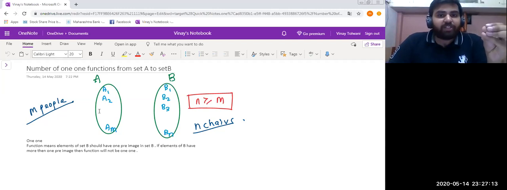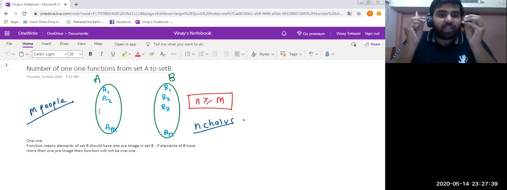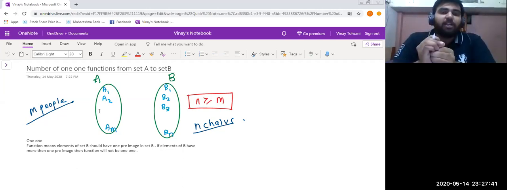Likewise, in a one-one function, the elements of set B should have a unique pre-image in set A. Every chair can accommodate a single person. That's why by finding the total number of ways in which m people can be seated on n chairs, we can find the total number of one-one functions.